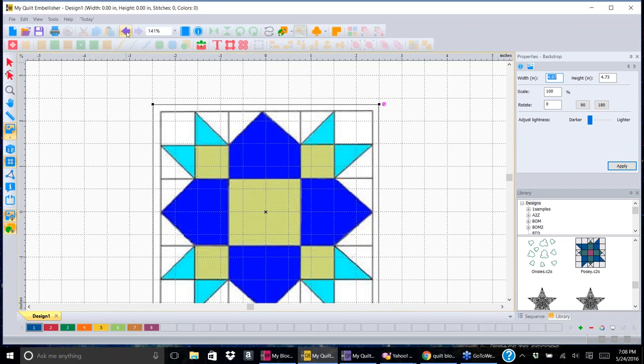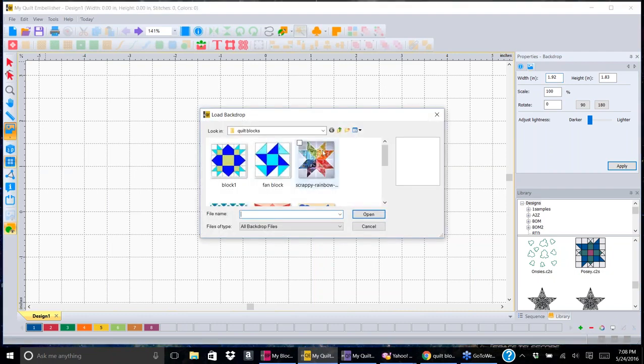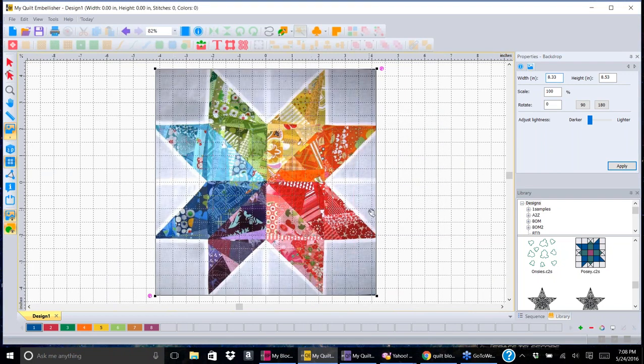Okay, so let's just undo and get rid of this backdrop. And I'm going to go back to my backdrops folder. And here's that scrappy rainbow Ohio star, I think that is, or friendship star, I don't know what it is. Anyway, I'm going to open that. Now when this one comes up, if I look over to my properties box in the upper right hand corner, you're going to see the width and the height of this block. It's